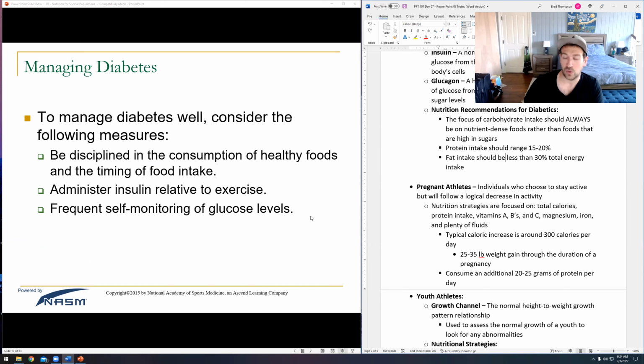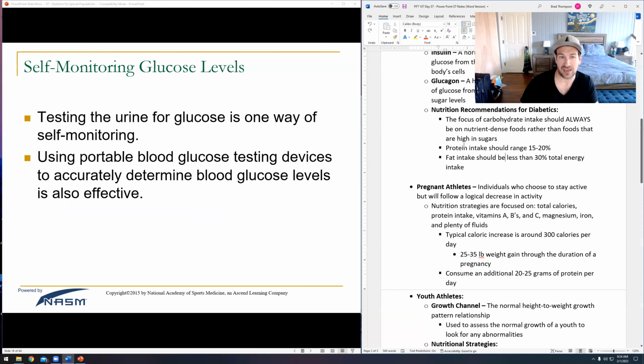If that happens with your diabetic clients, guys, try to have some orange slices or a banana or an apple, some type of fruit that's kind of high in carbohydrates and sugars. Again, I know we're trying to avoid sugars, but in this situation, it's going to help my client. They start to get nauseous, they start to feel a little queasy, things like that, because their blood sugar levels are dropping too quickly. Get them some simple carbohydrates and get those blood sugar levels back to normal. That's also a very important thing to keep an eye on.